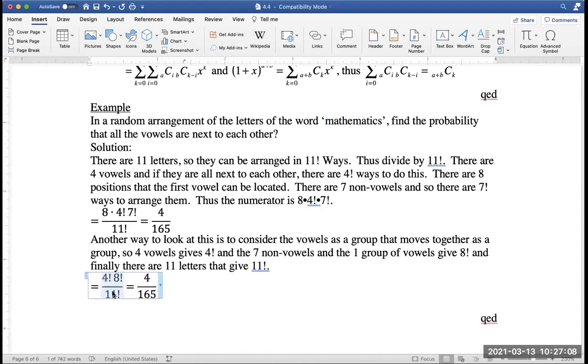And so if you multiply that out, you again get 4 over 165. So you can do this sort of bundling together to make this vowel bundle move together, because it really acts like one object because they all